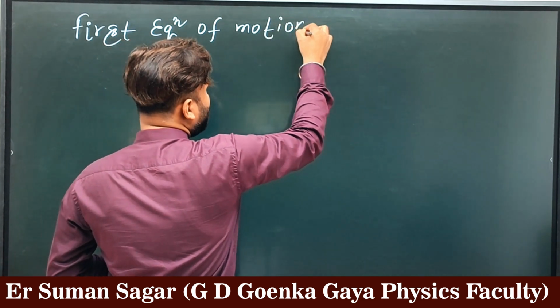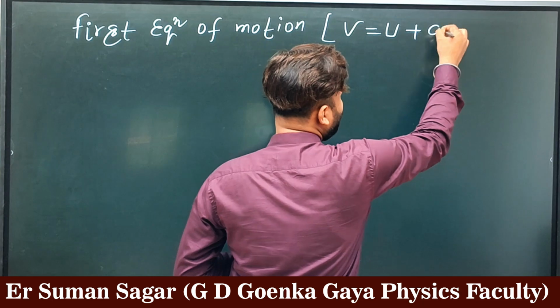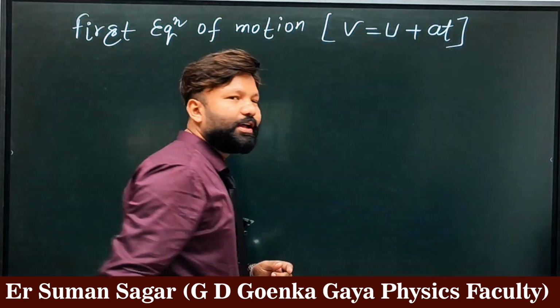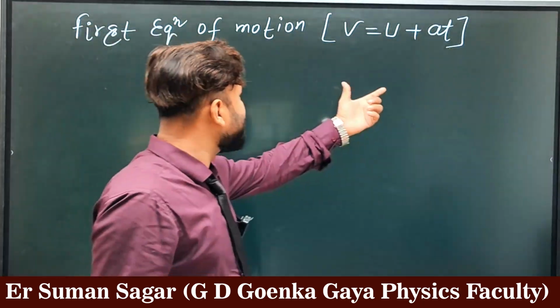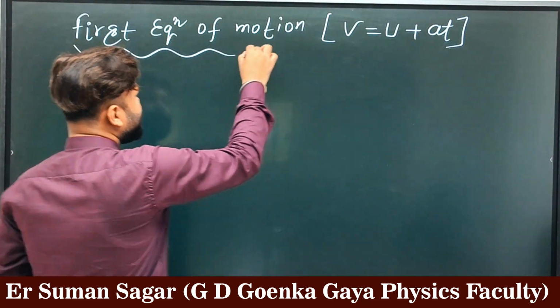What is the first equation of motion? V is equal to U plus AT. We are going to prove that V is equal to U plus AT. So students,